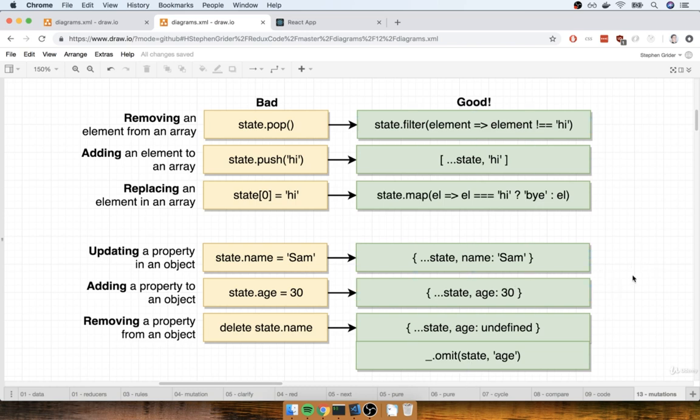Now, I'm not going to read through all these. I'm sure you can read the diagram. I would encourage you to maybe take a screenshot of this, because you're probably going to want to do one of these operations at some point in time in the future. Nonetheless, we are going to flip back over to our JavaScript console inside the browser, and we're going to try doing just a couple of these operations really quickly so that you understand the general idea and the syntax.